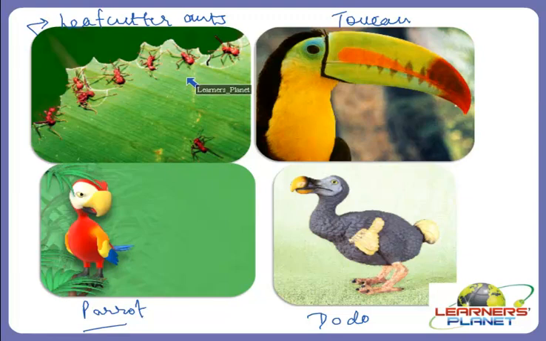Then leaf cutter ants climb tall trees and cut small pieces of leaves which they carry back to their nest. The leaf pieces they carry are about 50 times their weight. But then too, they are so hard workers. The ants bury the leaf pieces, and the combination of the leaves and the ants' saliva encourages the growth of fungus, which is the only food for these ants.